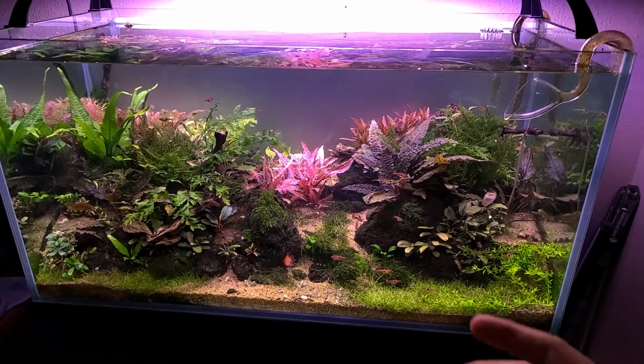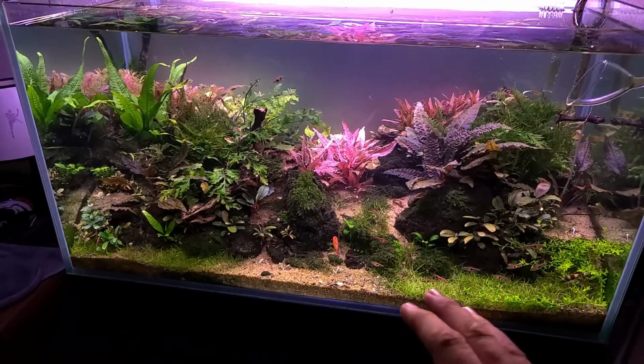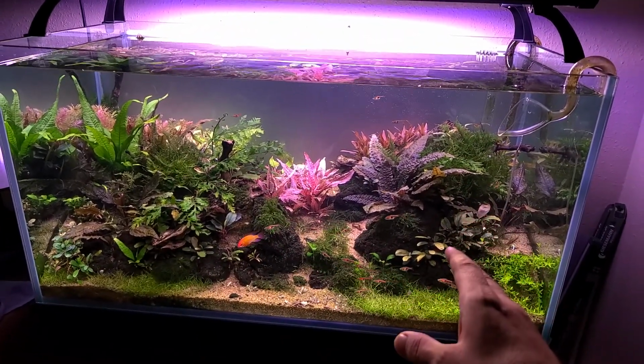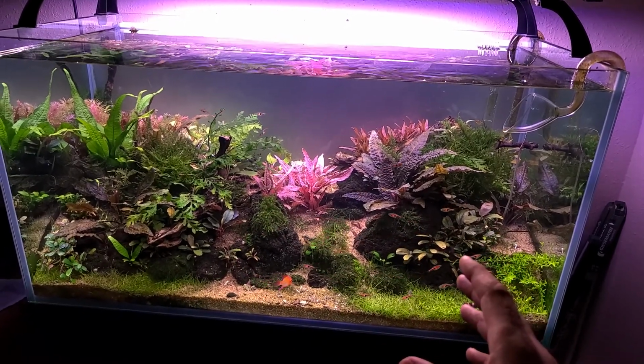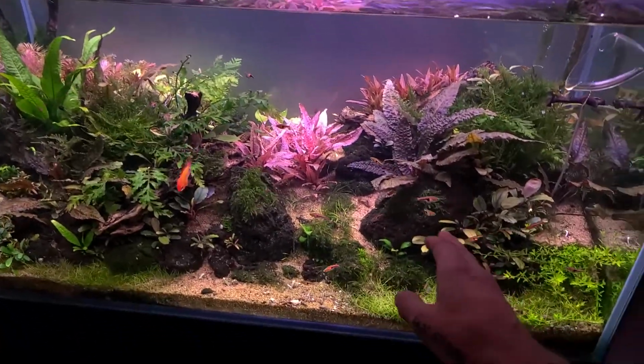And then I'm going to start playing around with all of my driftwood and the few rocks. And I'm not going to lie, it's going to end up similar to this, because I always end up with some type of a V shape or something. But instead of big rocks like here taking up all the space,